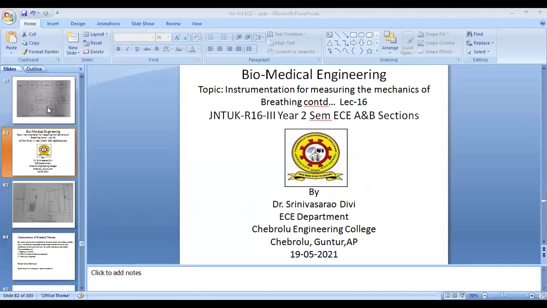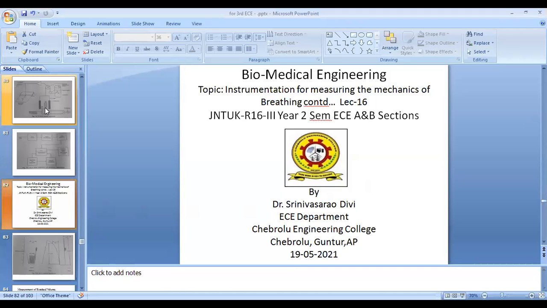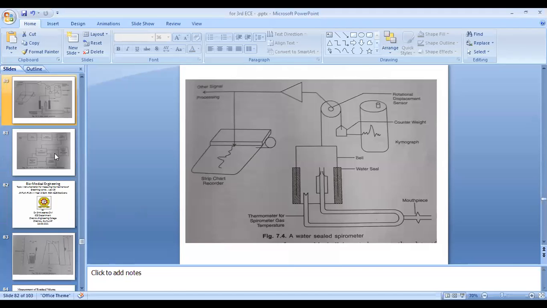We have discussed in the last class the various types of spirometers for measurements of